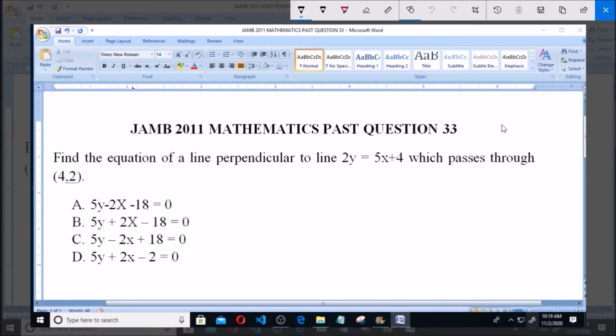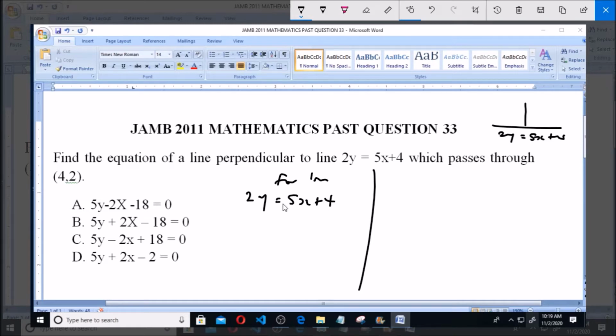Okay, that means we have a line 2y is equal to 5x plus 4. Now I have to find the equation of a line that is perpendicular to it, that is like this. This is the perpendicular line. Now this line here is 2y is equal to 5x plus 4. Let's divide our page into 2. So for line 2y is equals to 5x plus 4, we simply have that